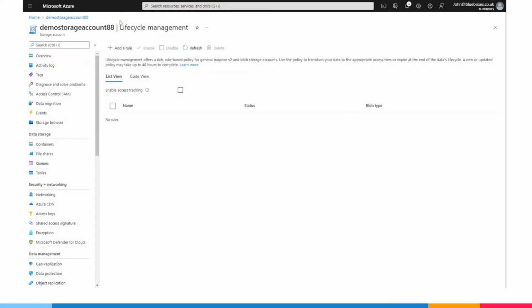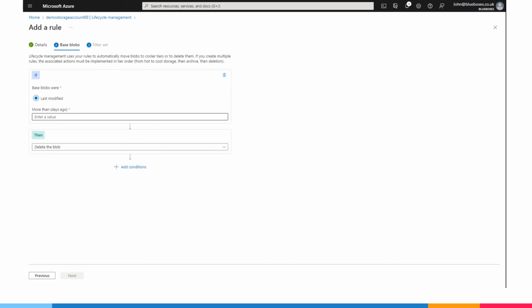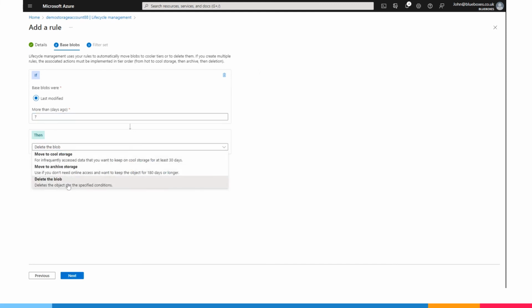We're going to have a look how we can do rules that are a bit more fine-grained. In this sample, we're going to delete all of our log files that are older than 7 days, but only in a logs folder inside our container. This time, we're going to select Limit Blobs with Filter, which will give us some new options. Once we've entered how many days, 7, and we're going to select again to delete the blob, we can then